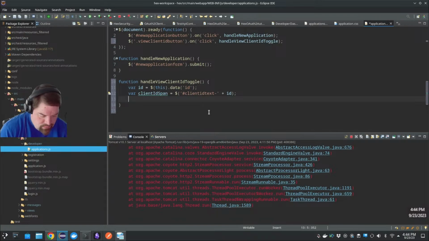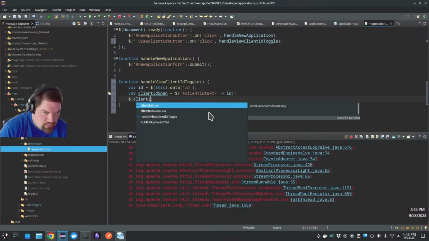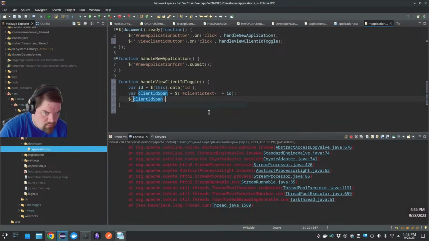And then have to toggle that class then. So $, client ID span dot toggle